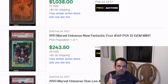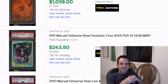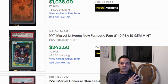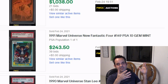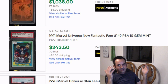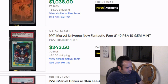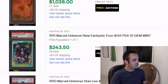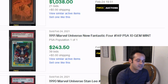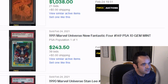I'm going to have to give the thumbs up to the new Fantastic Four. Very not really known, like flash in the pan, if you will, for a group where you're like, what? The new Fantastic Four? They were like around for a second. It was something that happened, came and went. But there's a card and comics that show them. So I think that's pretty cool. Above that, you'll see, okay,